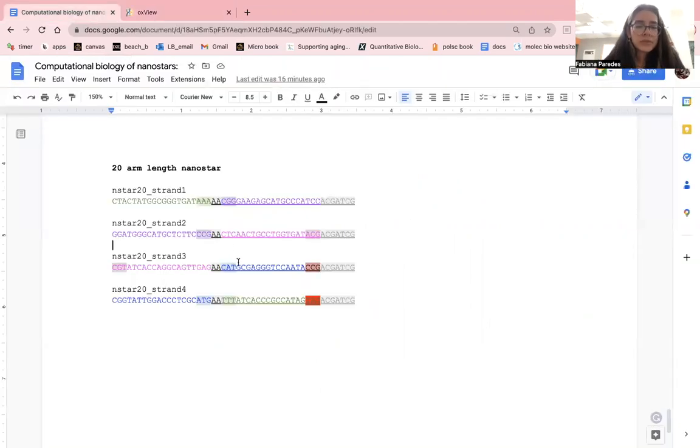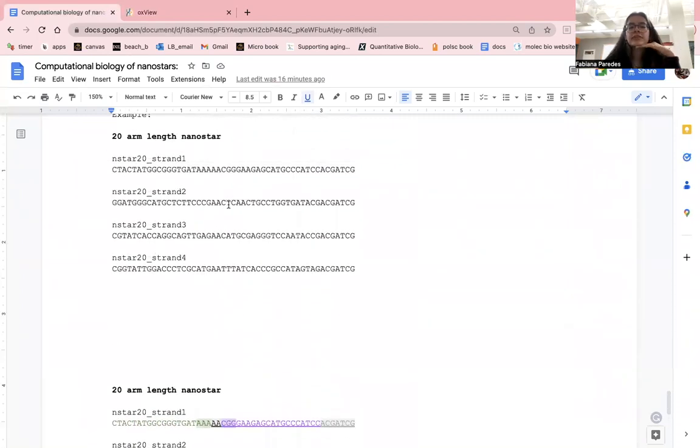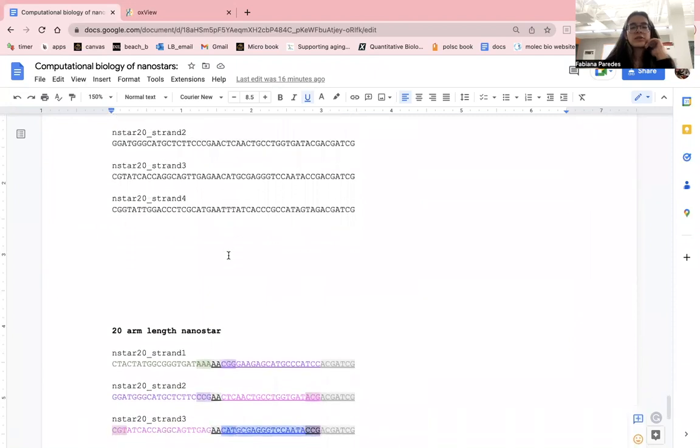Okay, we just do it one more time, two more times. The whole thing. Hey, we're gonna give you the different nanostars, and it will be your job to identify what goes with what in terms of the bases, how they interlink, and it will be pretty easy to identify the sticky ends because they'll be the same all throughout, and the spacers too, which are just